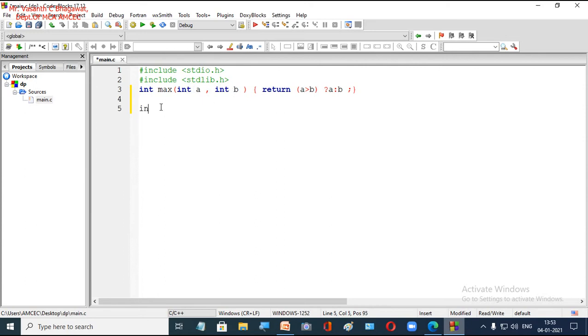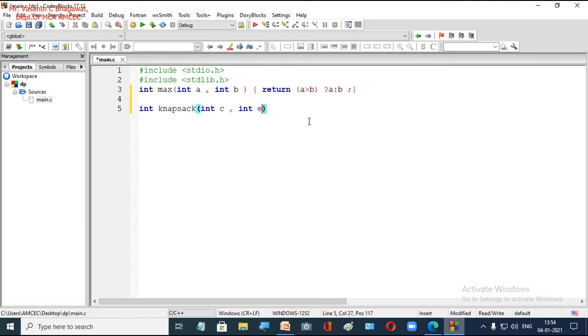Now we will write the function to implement knapsack in a recursive manner. We will write the name of the function, knapsack. What arguments are we going to give? First, the capacity of the knapsack, let us say C, the maximum capacity given to our knapsack.